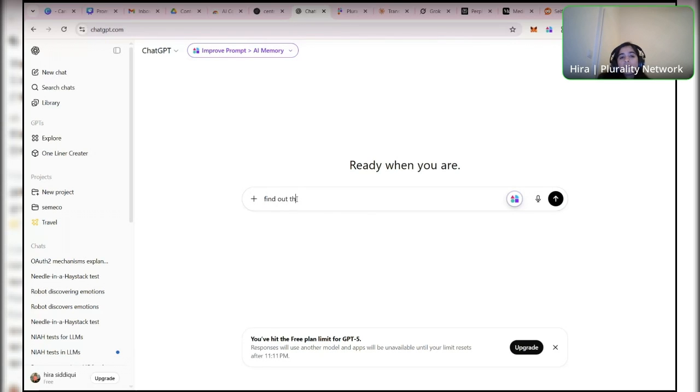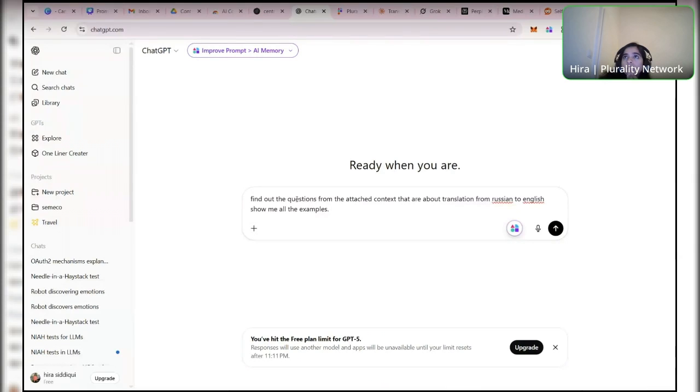find out the questions from the attached context that are about translation from, let's say, Russian to, I don't know, which language are you learning? English, maybe. And show me all the examples, something like this. Then it will be able to bring in the examples, but you need to give it some keywords, because if you ask about it too vaguely, like help me fill out this workbook,